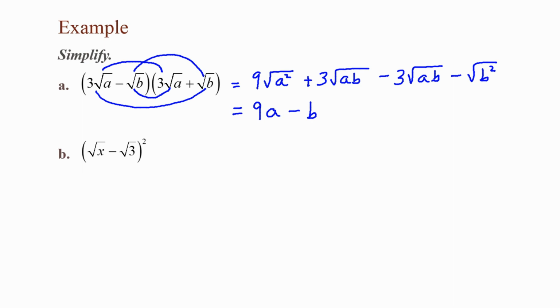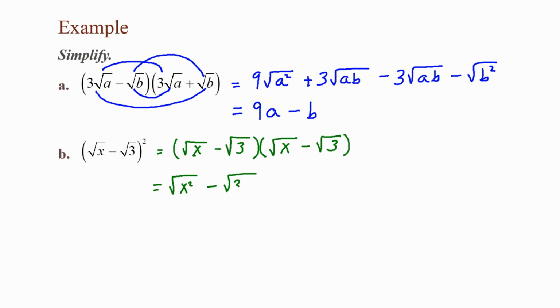For part B, I have in parentheses the square root of x minus the square root of 3, squared. I have the square root of x minus the square root of 3 times the square root of x minus the square root of 3. Using FOIL, I have the square root of x times the square root of x, which is the square root of x squared, the square root of x times the negative square root of 3, which is the negative square root of 3 times x,